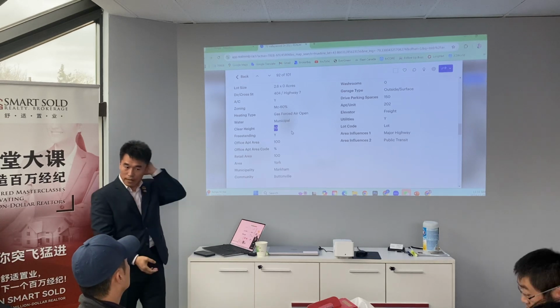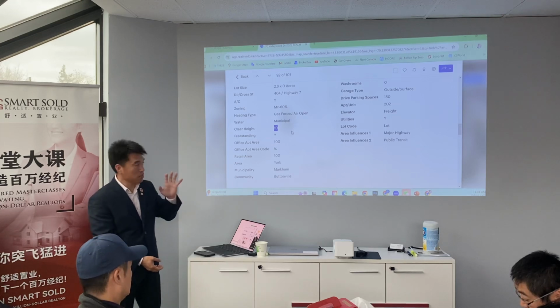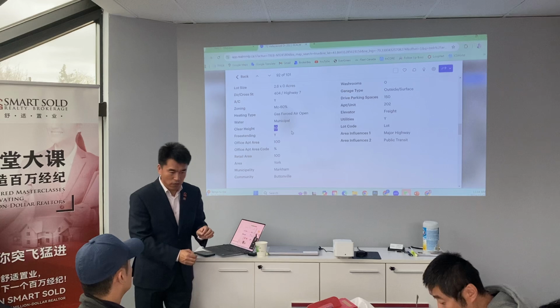That's why people are looking for the high ceilings, especially for those businesses, okay? For example, for a supermarket storage, for furniture and a lot of others. But you need to know, for example,